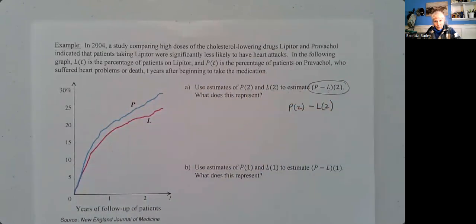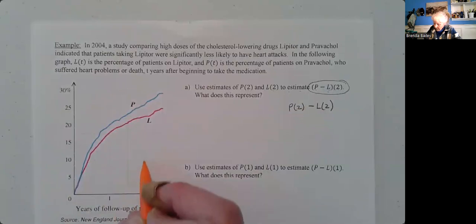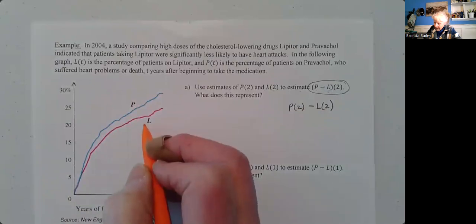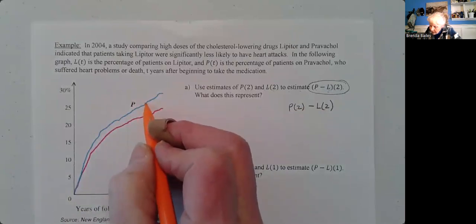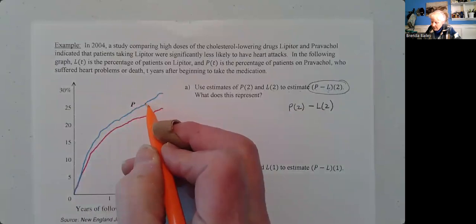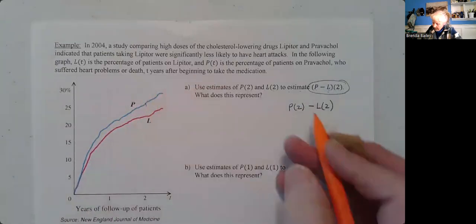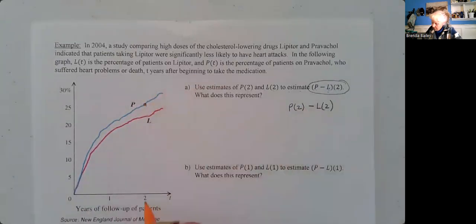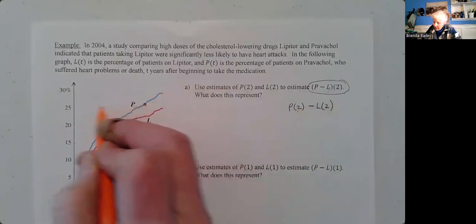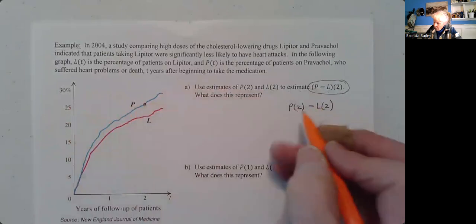Let's look at that, and we'll talk about what this represents. Well, we go to P of 2, so that means 2 years on a follow-up. Let's see, I'm hoping it's roughly 27, maybe. You go to 2 on the x-axis and you go up to the y, and it's roughly 27